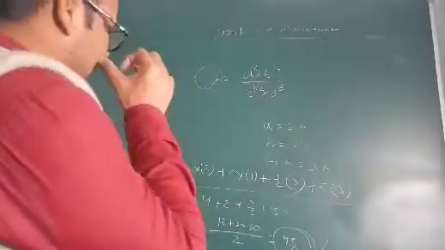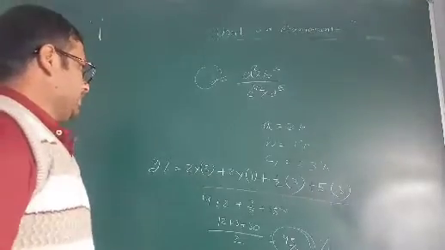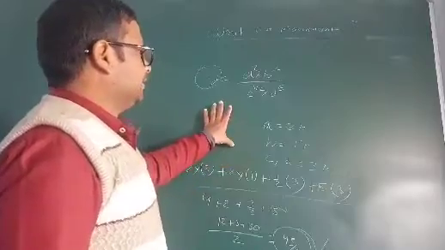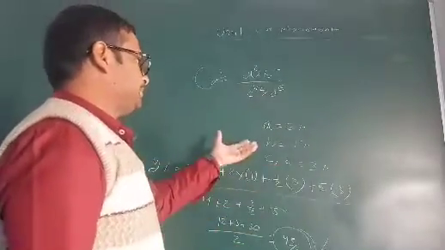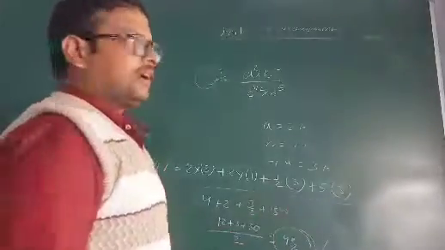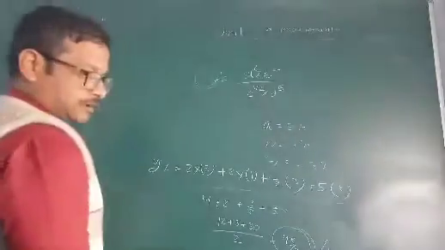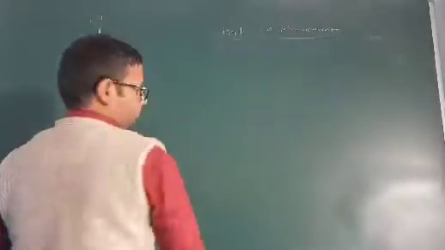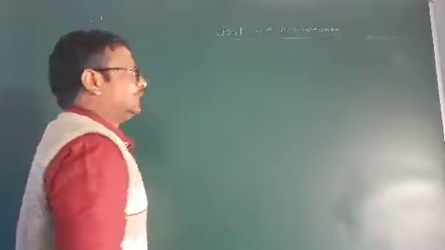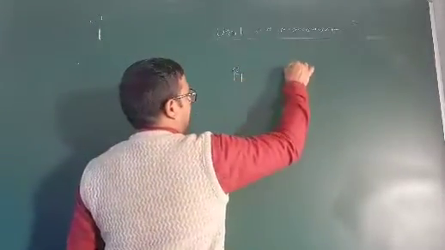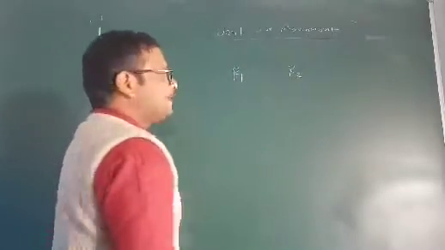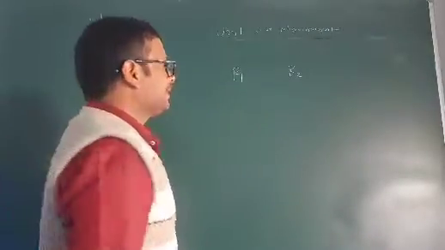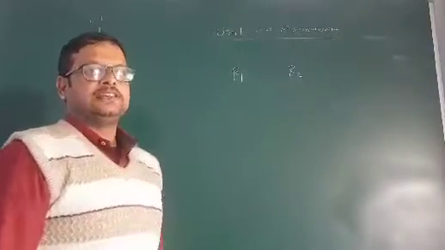Okay students, this is a very simple concept for solving the error formula. Questions like this will come in your examination. When percentage error is given, you write it down like that. Now, how can you find the relative error? Another question: suppose there are two resistances R1 and R2 connected in parallel. Then what is the relative error in their resultant?